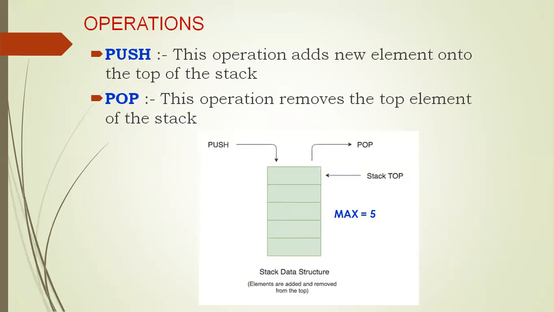Any stack you consider, basically there are two operations associated with it, because a stack is also a linear data structure. The first operation is adding an element into a stack. In the case of a stack, that operation of adding a new element, we call it by a special name called push. Push is an operation which adds a new element onto the top of the stack. Similarly, the operation which removes the top element from the stack, we call a pop. So push and pop are the two basic operations associated with a stack. Push is equivalent to insertion and pop is equivalent to deletion.